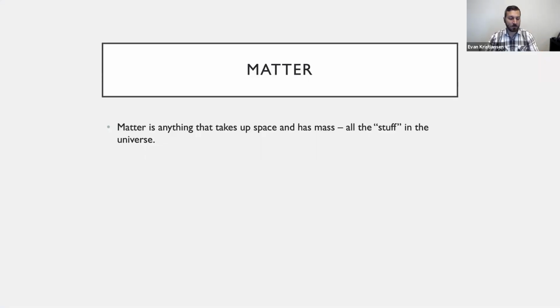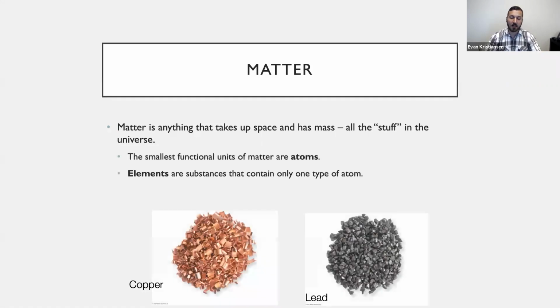Okay, to start, everything in the universe is made up of matter, with the exception of antimatter. But so everything that we know that takes up space and has mass, all of the stuff that we're going to be studying is made of matter. Matter itself is composed of atoms, and some atoms